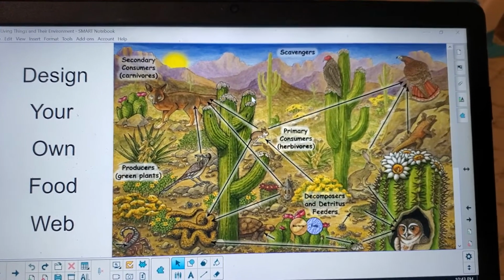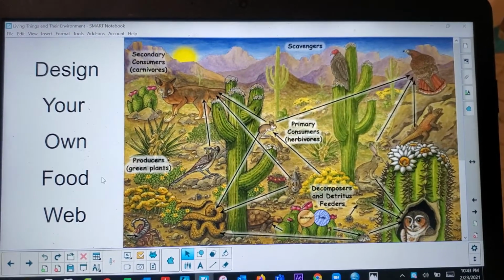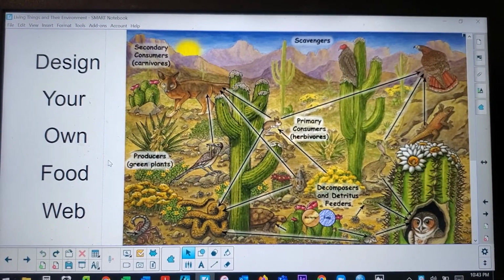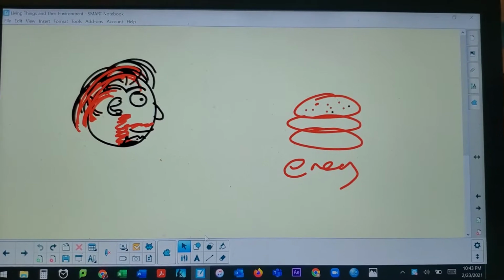So when you design your food web, make sure you have a sun and the arrows are coming from it. Start here, as the sun does the starting. That's the point. Now, when we talk about these arrows, I need you to be able to